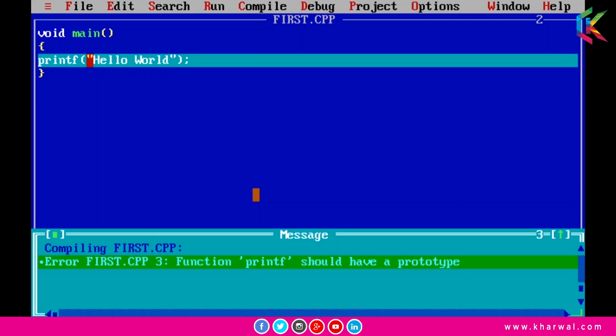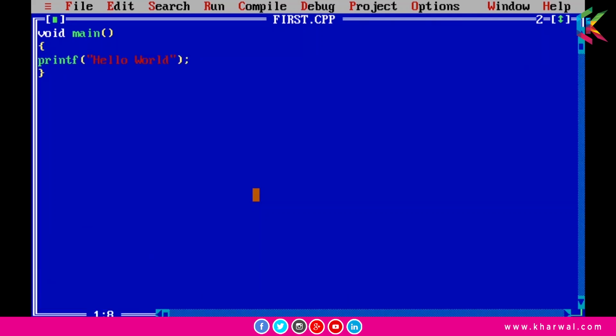So we got this error because our compiler is not recognizing this printf function, because this printf function is declared in the header file, and that is stdio.h. So let's include that header file. Guys, first we will include a preprocessor directive. So this is the preprocessor directive.